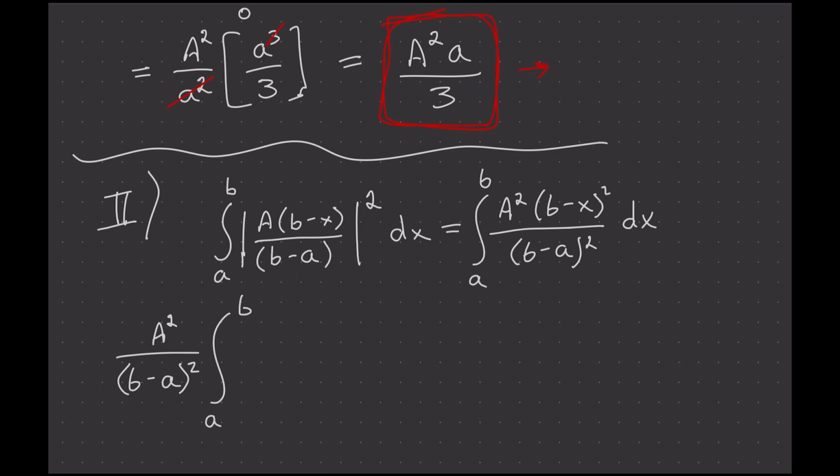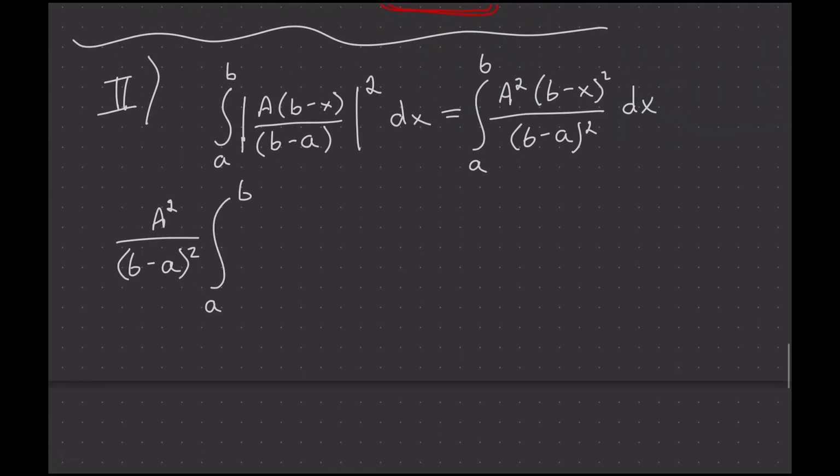Now let's expand this bad boy. Or we could do u substitution. You guys want to do u substitution or should we expand it? Let's expand it because I don't want to do u substitution. Okay. So b minus x times b minus x. First, the b's get multiplied. That gives us b squared. Then we have b times minus x, which is minus bx. Then we have minus x times b. So minus bx again. We can make those into 2. And then that gives us minus x plus x squared